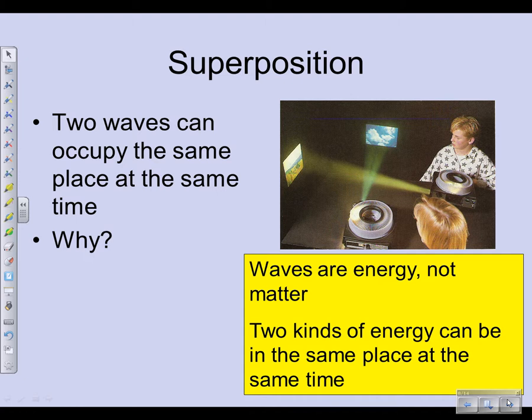And that means that they can pass right through each other. Now, these are light waves, and that's the case, but it's true of sound waves, it's true of waves that you make in slinkies and whatever, okay? In fact, some of the things that we do out there in the real world depend on this. For example,